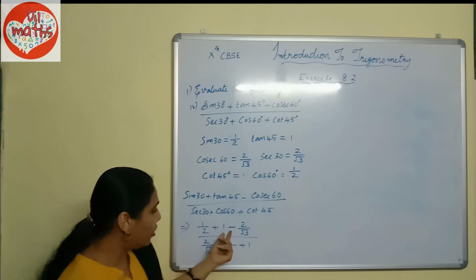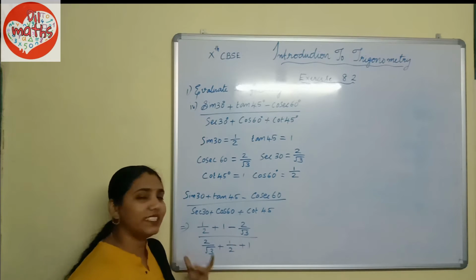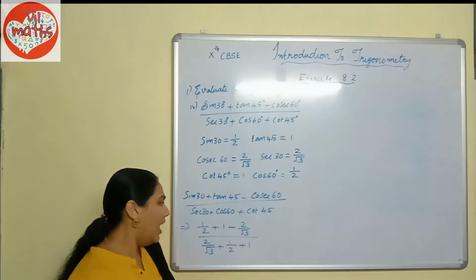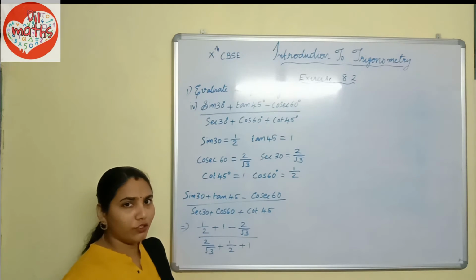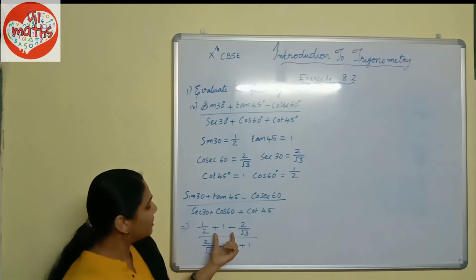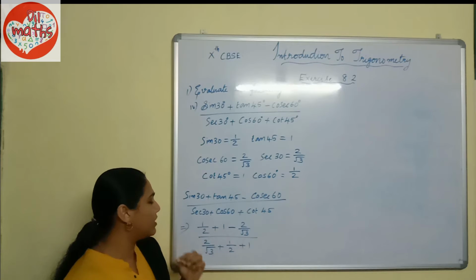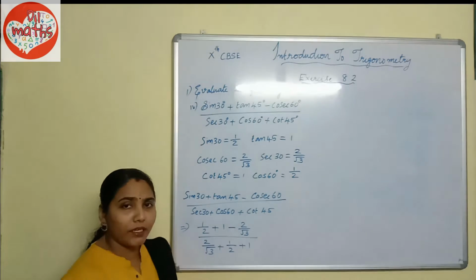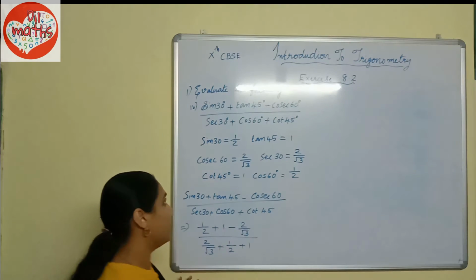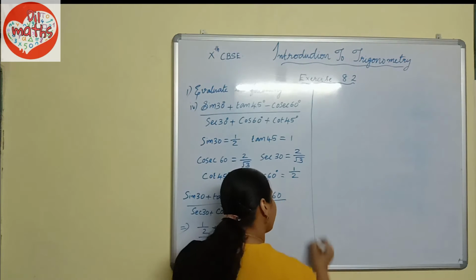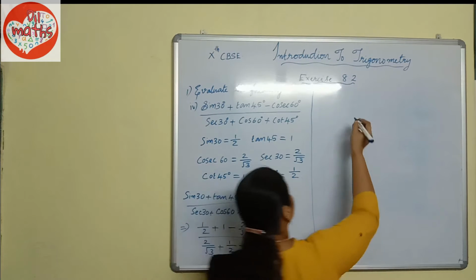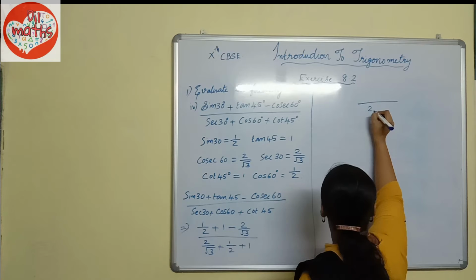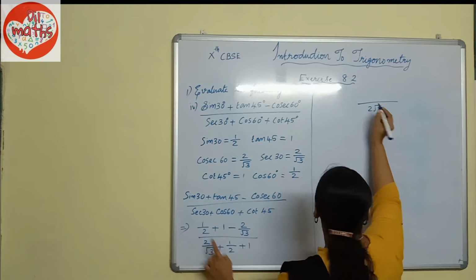Now we can check, both numerator and denominator have fractions. If you want to add unlike fractions, what should we do? We have to find out the LCM. Here, if you are checking, you will get 2 root 3 as the LCM. In the denominator also you will get 2 root 3 as the LCM, isn't it? So what is the LCM in the numerator? 2 root 3 is the LCM. And what is this? 1 by 2.